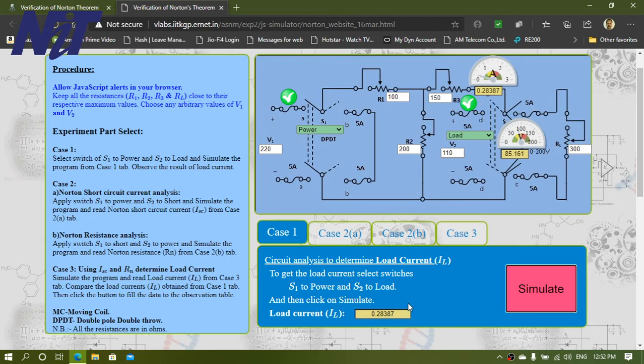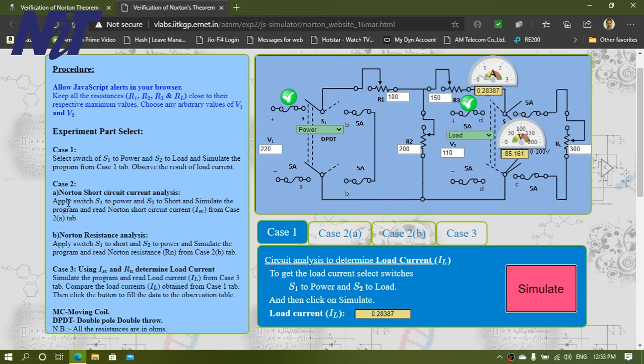You may note it down in a different sheet, or after the experiment there will be a provision to directly copy all the readings in a table. The table I already showed you in my PPT. So this is our case 1 study, when the primary power V1 is 220 and the secondary power is isolated, switch 2 is connected to the load. After simulation we will get the load current.